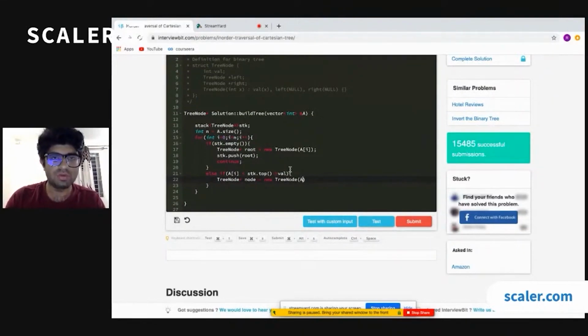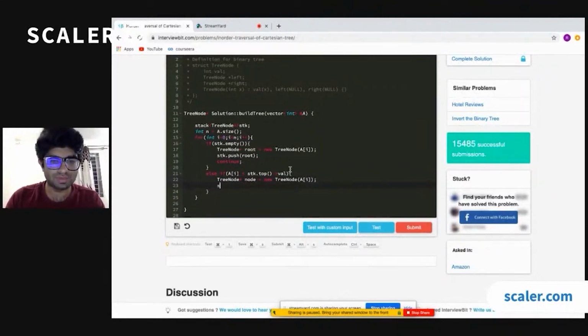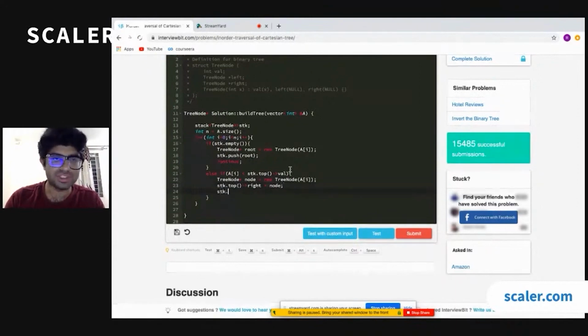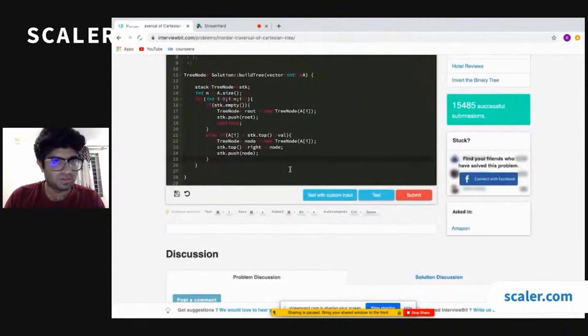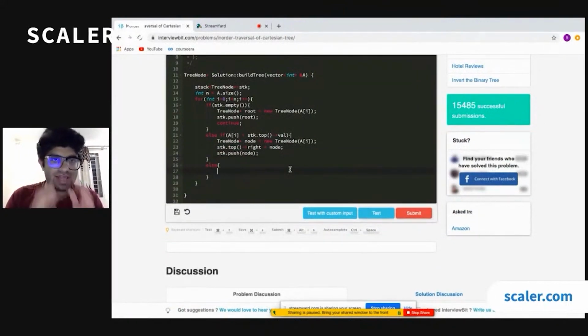Okay, with the value ai, and mark the right child of the topmost element of the stack as that given node, and I can push that given node into the stack. Fine. Even if that is not the case, the other case is that I have a value greater than the topmost value of this stack, that means ai is greater. Then in that case, I need to pop out some elements, and I need to be concerned about the edge case as well. If my stack is not empty and the value at the top